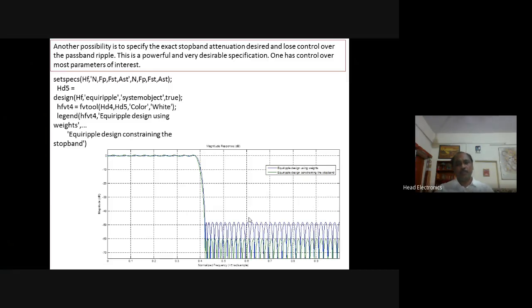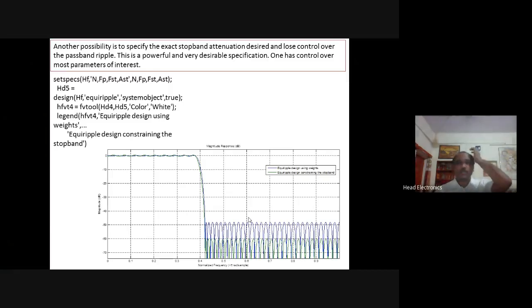Ideally, the ripples in the pass band must be 0, the transition band width must be 0 here, and the attenuation in the stop band must be very large, such that there should be no ripples in the stop band also here.